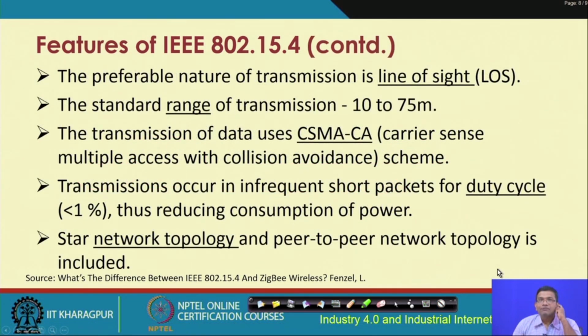So, these are some of the features of 802.15.4, that it operates in line of sight, and that is the preferred nature of transmission. The range typically is about 10 to 75 meters, which I was telling you earlier. The MAC protocol that is typically used is the CSMA/CA protocol, carrier sense multiple access with collision avoidance, and 802.15.4 has a requirement